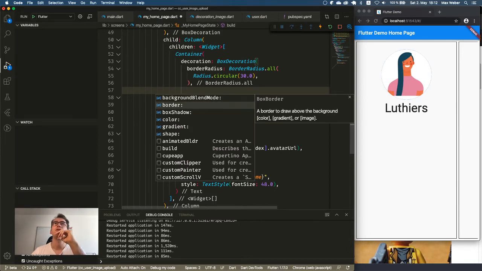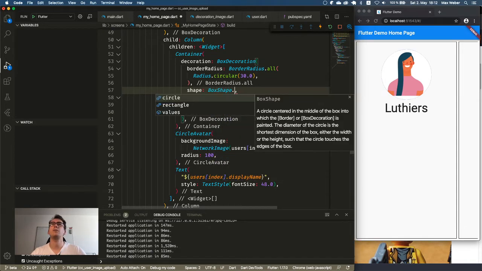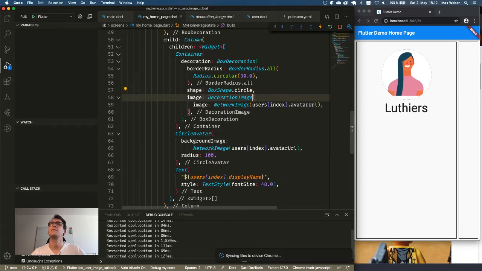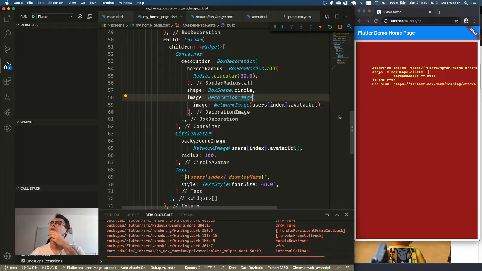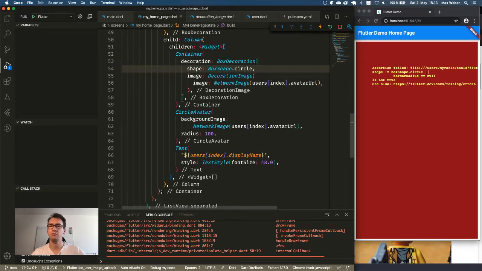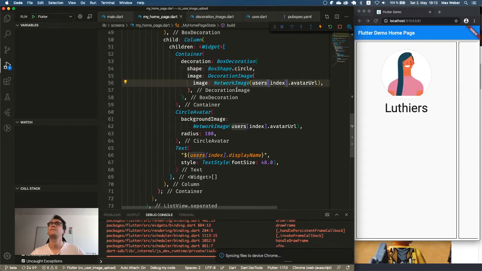And I'm also not sure why the box shape is BoxShape.circle. I think that we can add... Wow. The border radius equals 0. Okay, so we are not allowed to have a border radius if we make it a circle. That's all right.